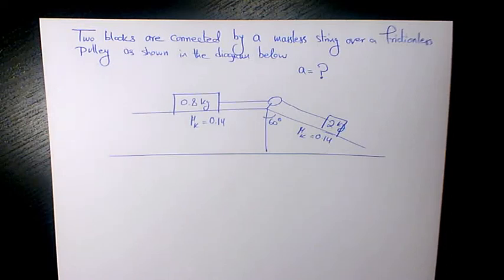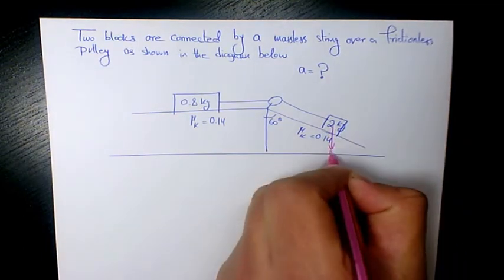Welcome to another video. In this video I want to solve this example, which says two blocks are connected by a massless string over a frictionless pulley as shown in the diagram below. Find out the acceleration. So here we're going to have